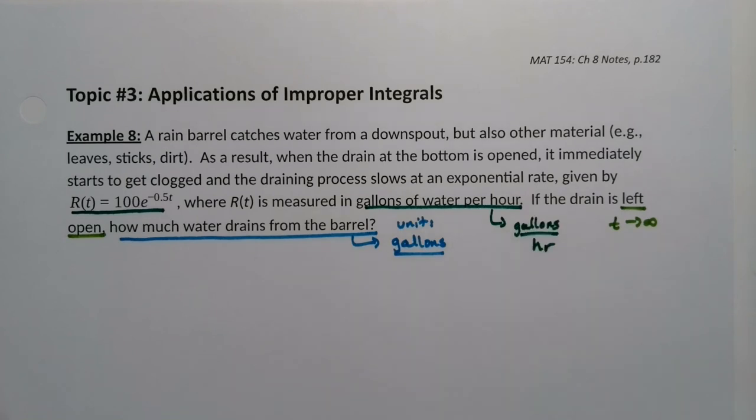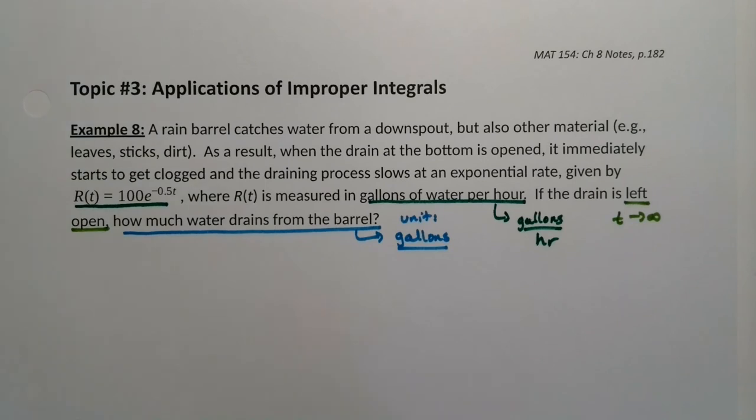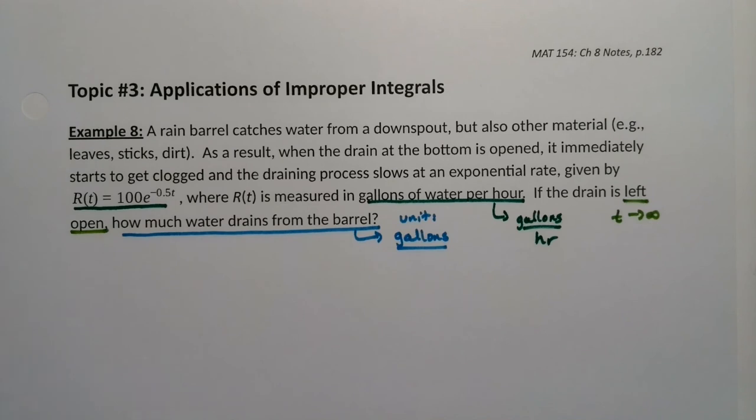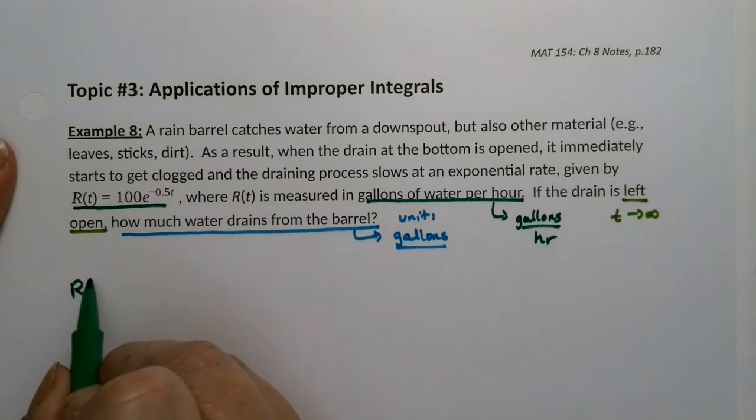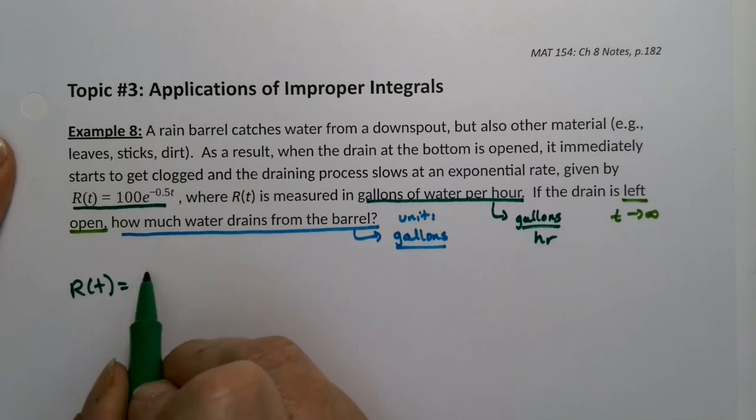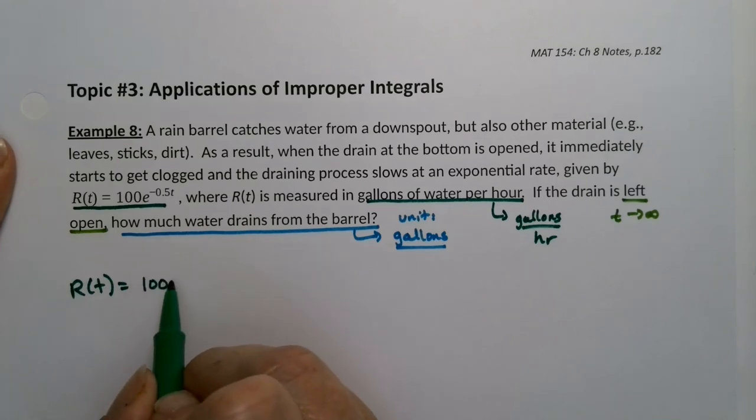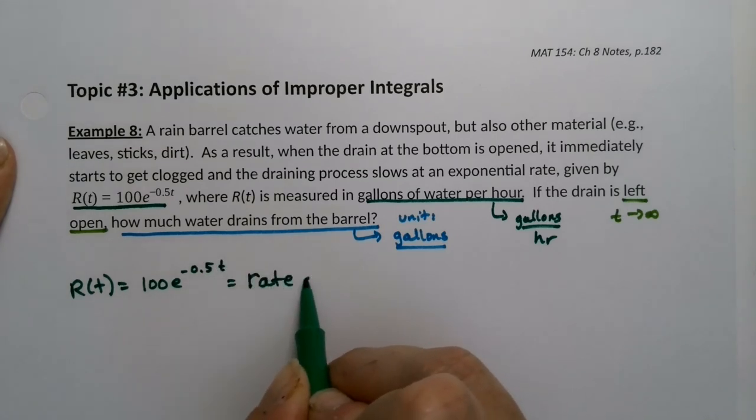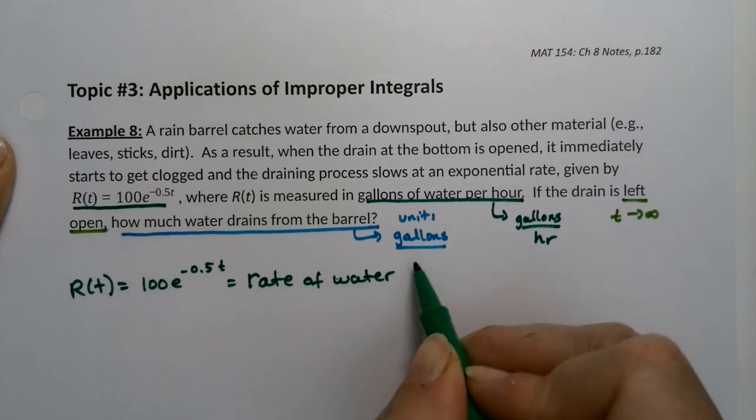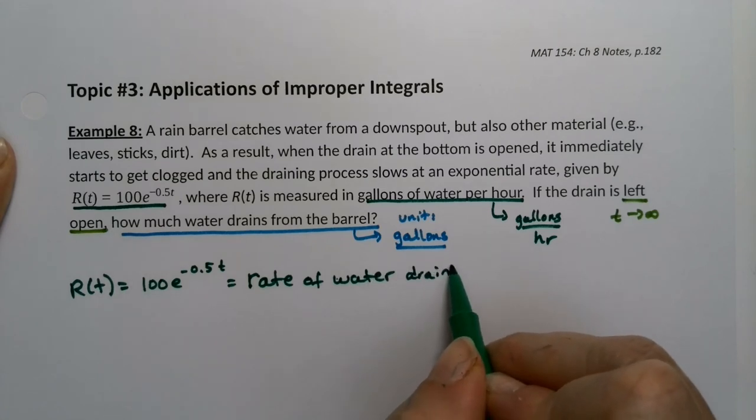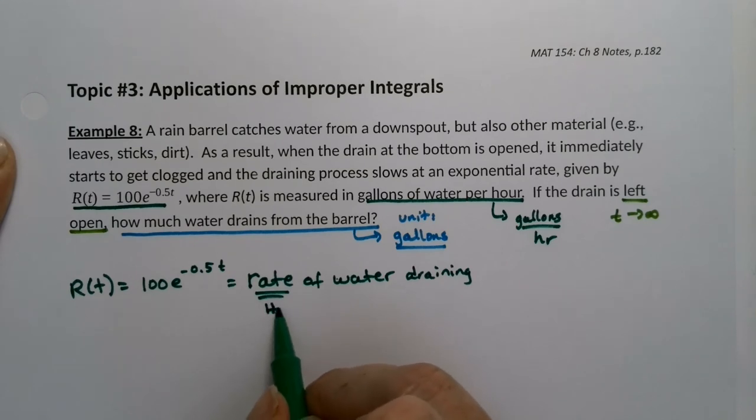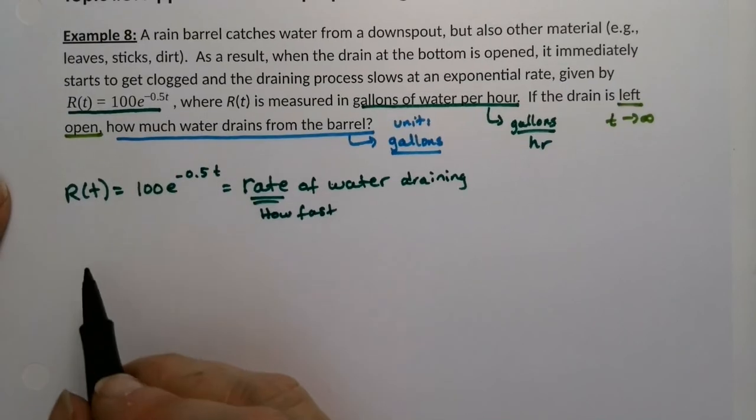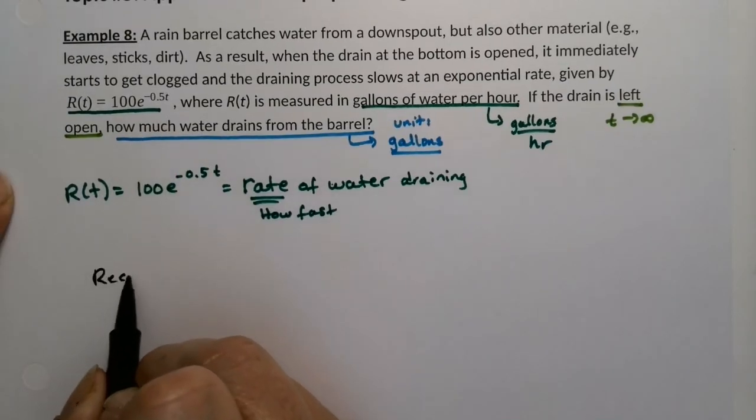So now we have to remember something from Calc 1, but also Chapter 6. So let me make a comment here. R of t is how fast it's the rate of water draining, right? It's how fast from the barrel. Now, where am I going with that? Well, the thing I was about to remind us of. Okay, so recall from Chapter 6